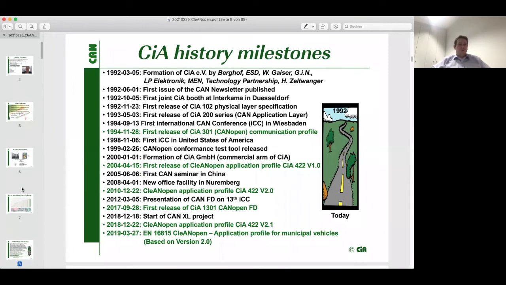422 version 2.0. In the meantime, we continued our work with our SIG municipal vehicles here in the CAN in Automation office. We updated the document, we added some functionality, and we released in 2018 the CANopen application profile in version 2.1. You see that CANopen is also a vivid document. We released in 2017 also CANopen FD, which